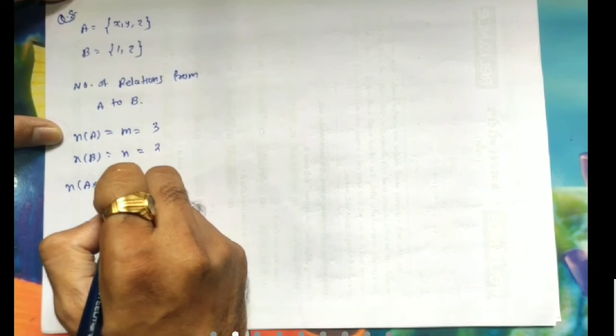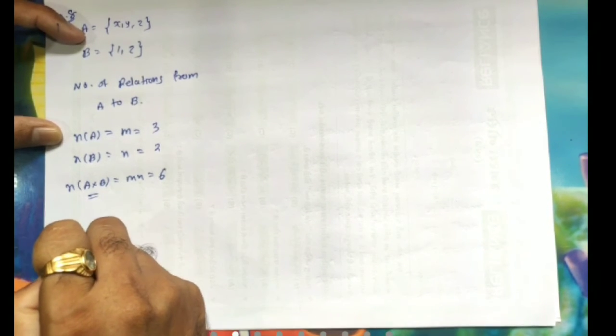I told you the formula, if anyone remembers, tell me. Number of elements in set A, suppose m equal to 3. I taught you this, I had taken p there. Number of elements in set B, suppose n, which is equal to 2. So what is the number of elements in the cross product of these two sets? It will be mn. So the number of elements in the Cartesian cross product of these two sets will be 6.